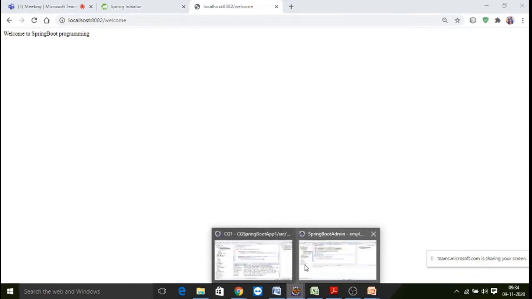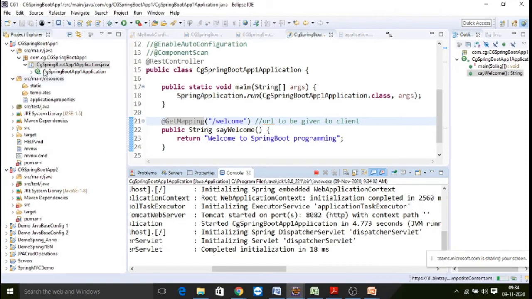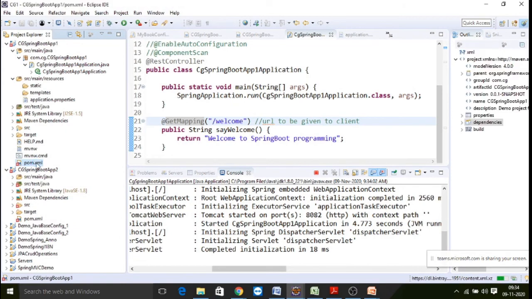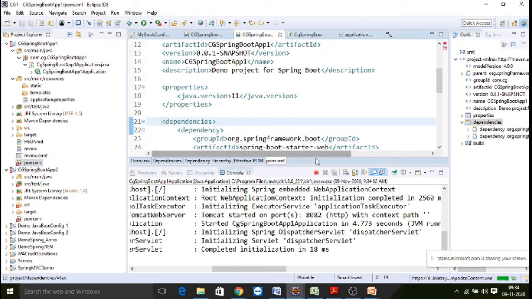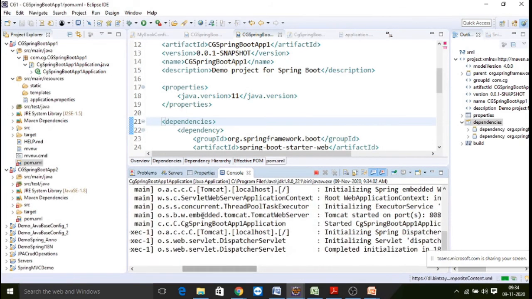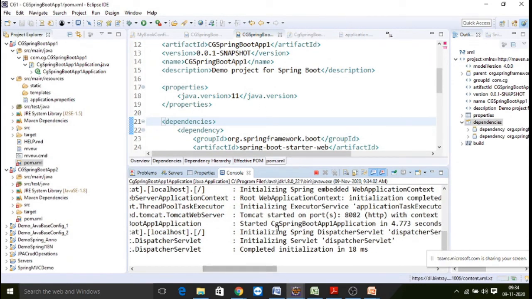See, with how simple steps we are able to create our Spring Boot project without taking any server here. Only by making use of Spring Boot starters, that is Spring Boot starter web. We are making use of an embedded container. The embedded container is Tomcat. Instead of Tomcat, we also have the Netty server and the Undertow server.